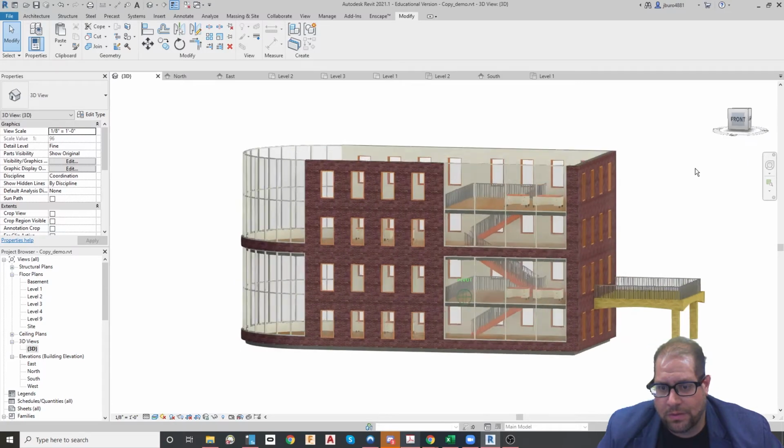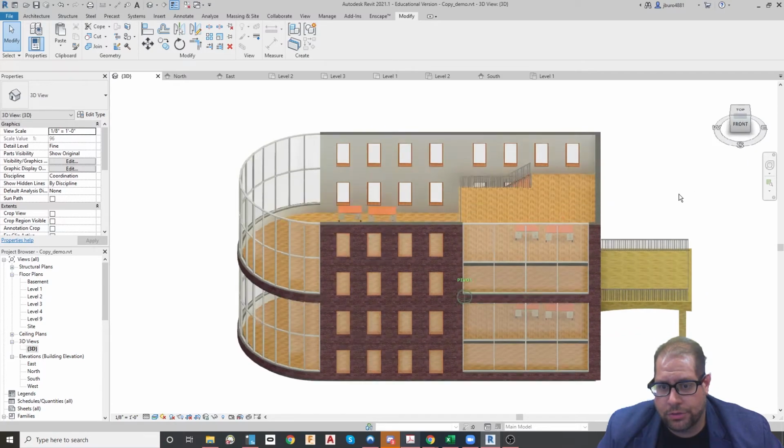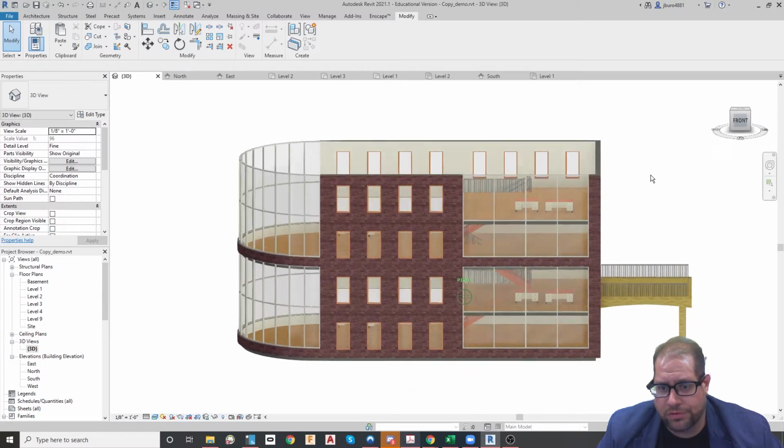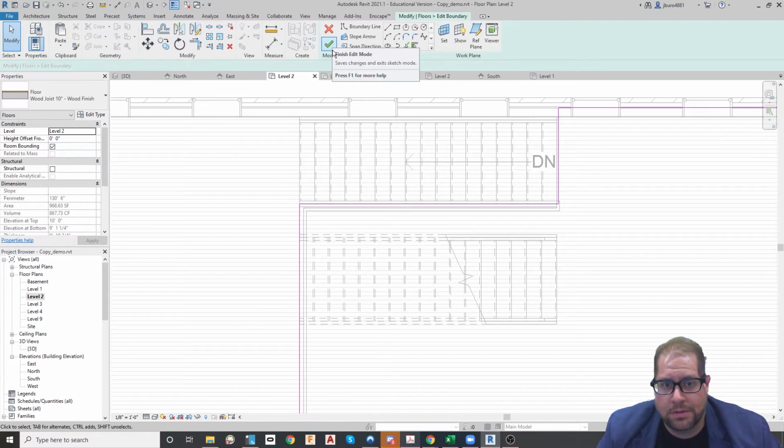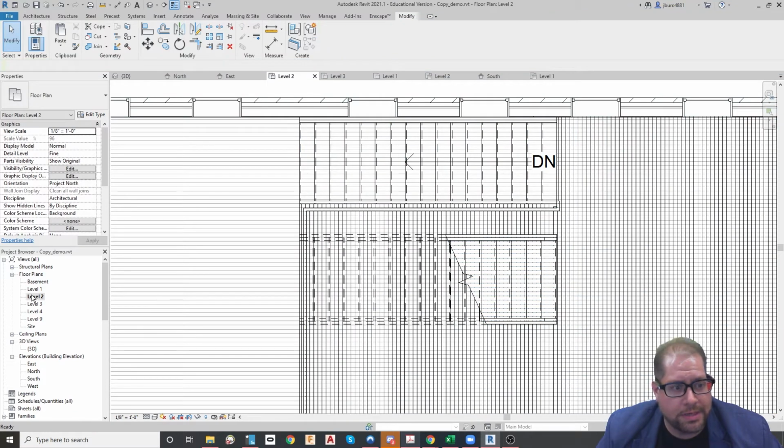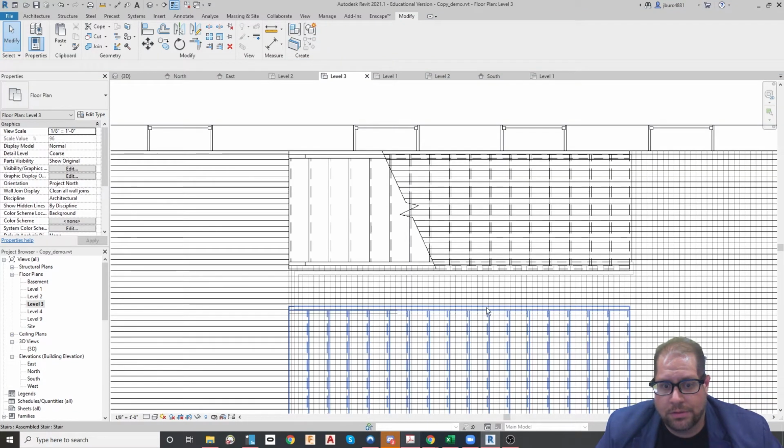That stairwell going up to the floor above it, so it goes from level 2 to level 3. So now I do have to go on level 2. Actually, I'm in the wrong area. I need to be on level 3. So I'll click on that floor,